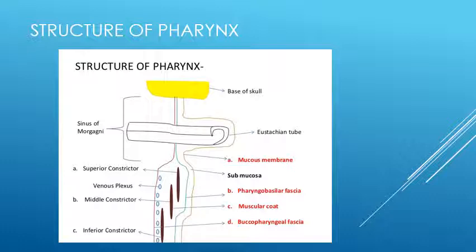The nerve supply is through the pharyngeal plexus of nerves, which is chiefly lying on the middle constrictor muscle of the pharynx. This plexus is formed by the pharyngeal branch of the vagus and the glossopharyngeal nerve, and the pharyngeal branches of the superior cervical sympathetic ganglion. Motor fibers in the plexus are derived from the cranial accessory nerve through a branch of the vagus nerve and supply all the muscles of the pharynx and soft palate except the stylopharyngeus, which is supplied by the ninth cranial nerve, that is the glossopharyngeal nerve, and tensor veli palatini, which is supplied by the mandibular division of the fifth nerve